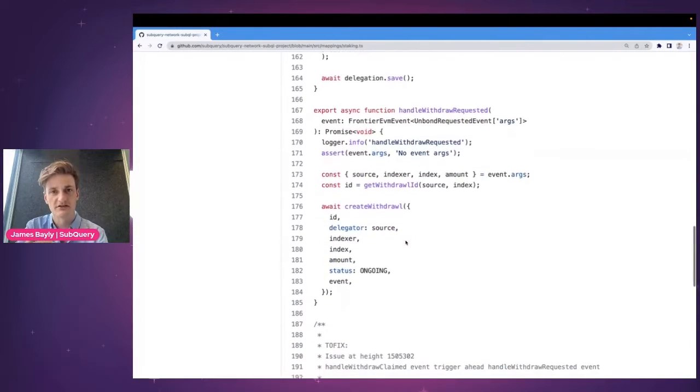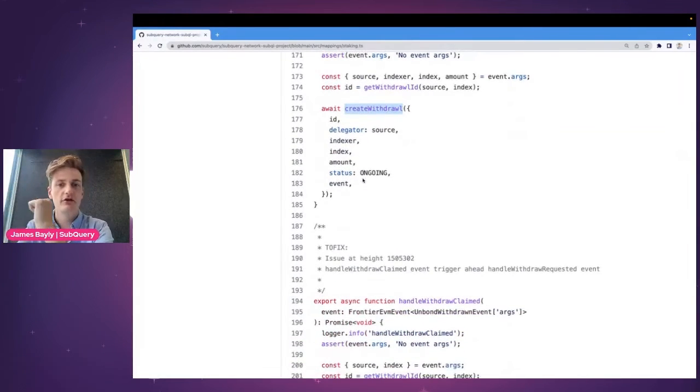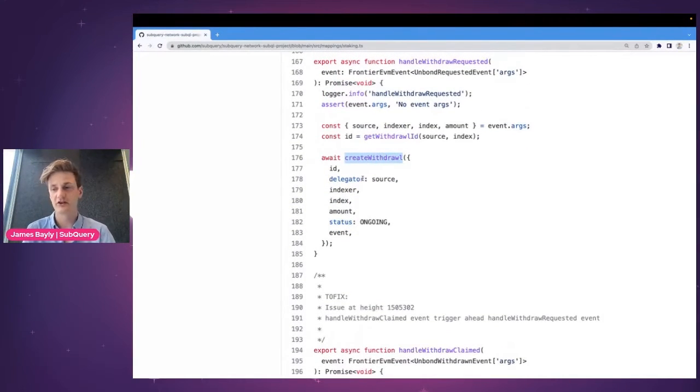And one thing I want to make note of is you can do anything with these mapping functions. You can, of course, retrieve data, you can update data, you can create new data, you can delete data, and you can make on-chain state queries. You can request the latest state of the chain at that block height. But then you can take it a next step further. You can do external RPC calls.